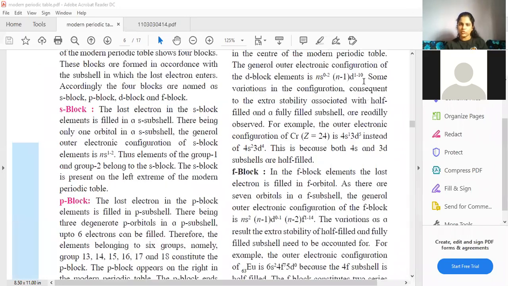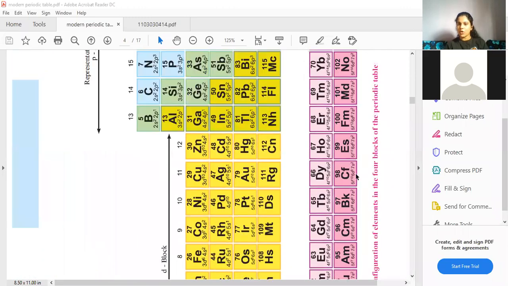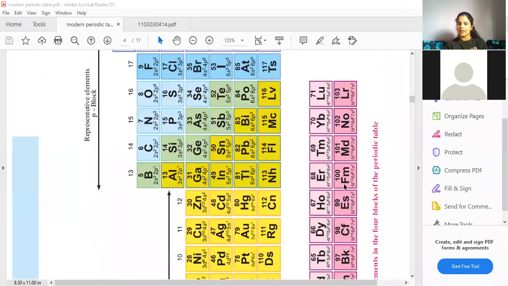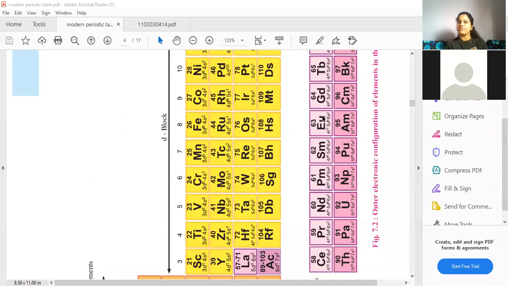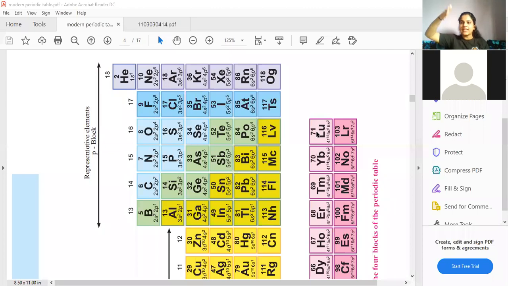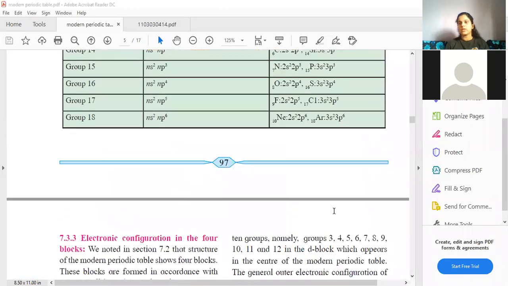That is the reason, students, if you can just try to recollect the f block, I'll just show you the diagram. So this f block that is there, the lower one, the pinkish purple color, if you see, there are 14 elements, starting from atomic number 58 till 71. There are 14 columns, you can say, because your f block can hold 14 electrons.